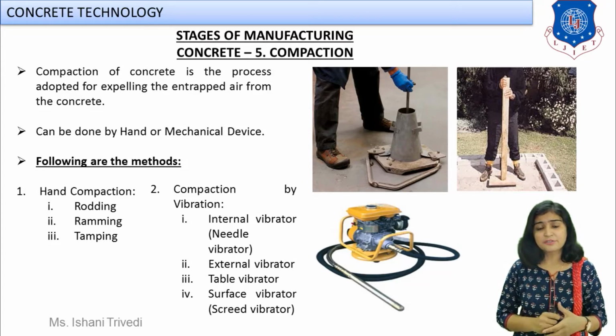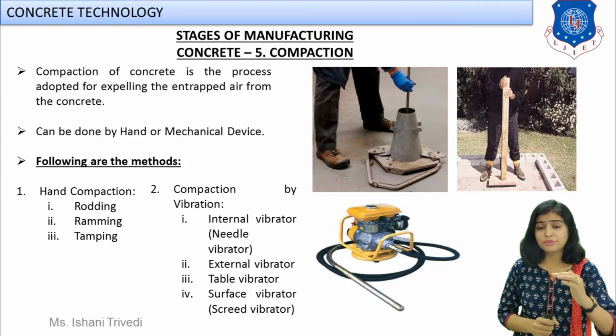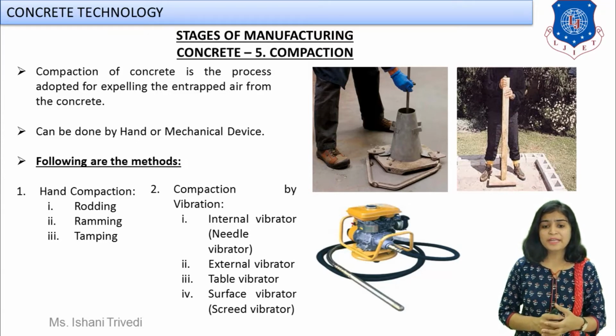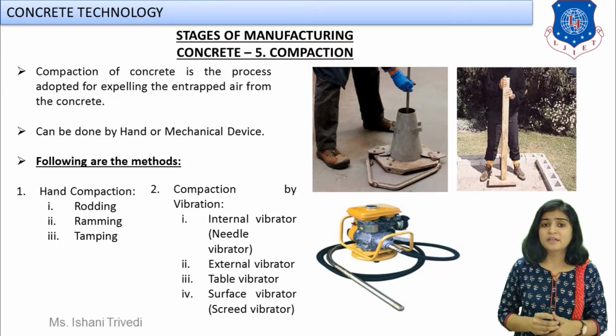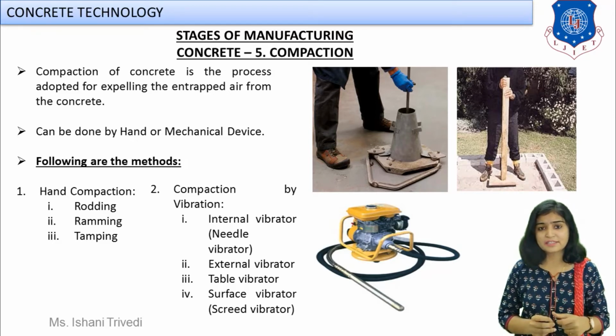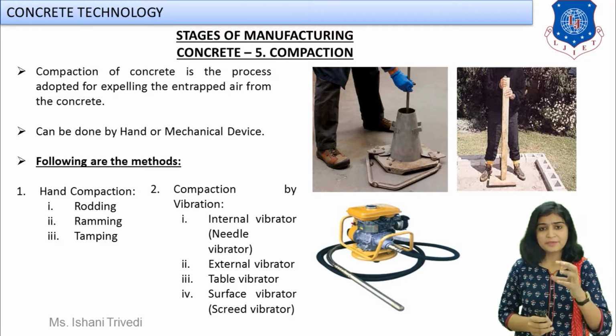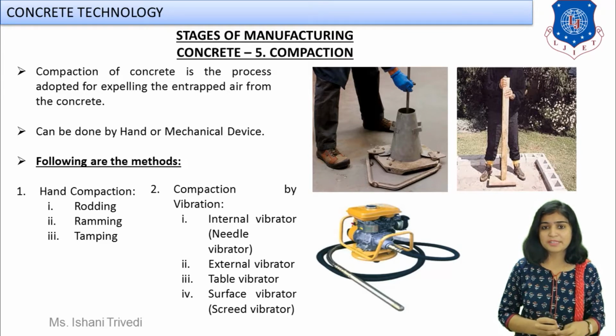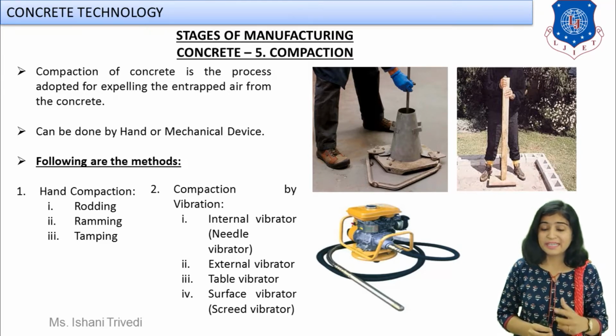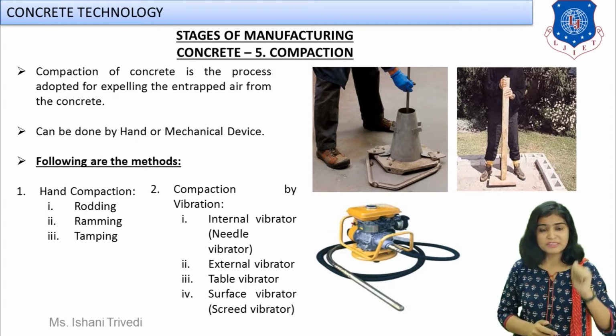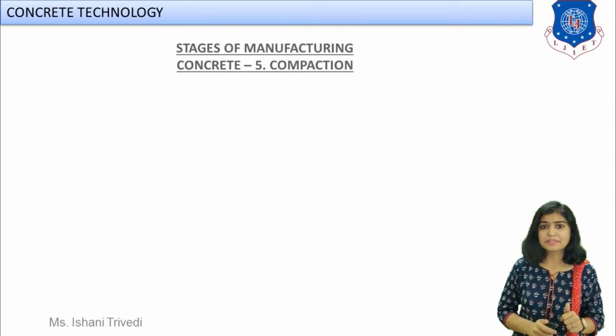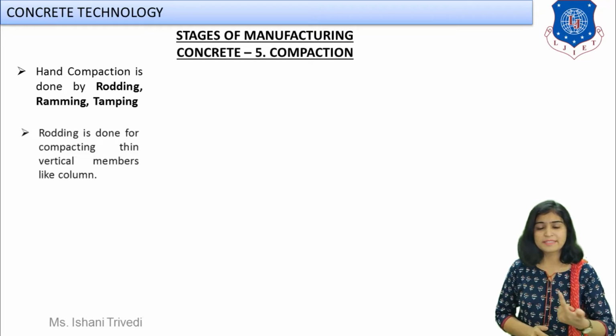This is generally done for the flat sections, for the floor, for the road slabs. For that, this is more desirable. And the image which you can see at the bottom is an example of a vibrator, right? You can see a needle rod is attached at the end, and it is fixed to a motor. So once you start it, it will create vibration, and this is your example of an internal vibrator. It will be poked inside the concrete and vibration will take place and surrounding concrete will be settled.